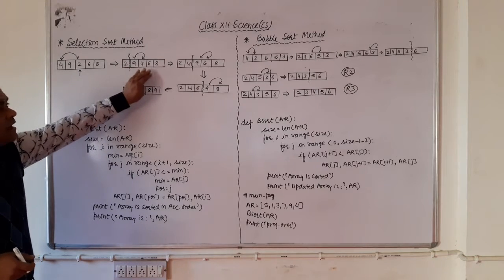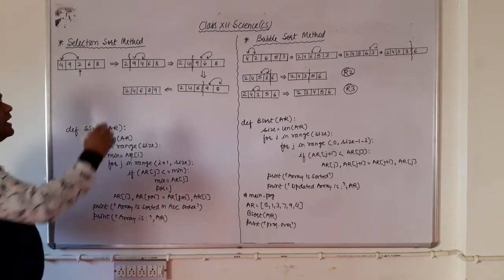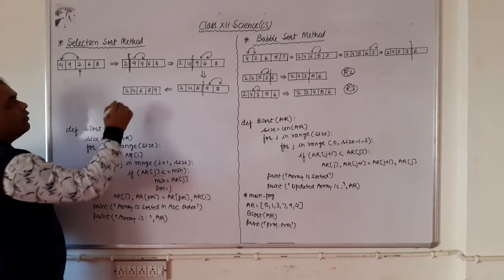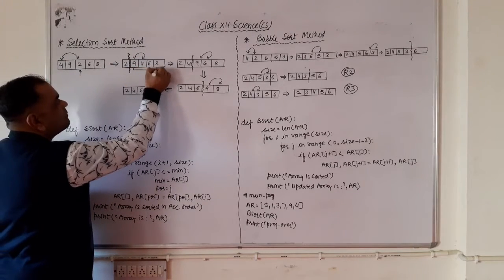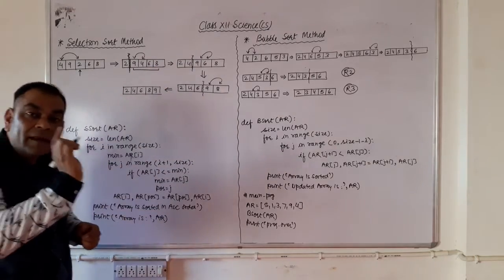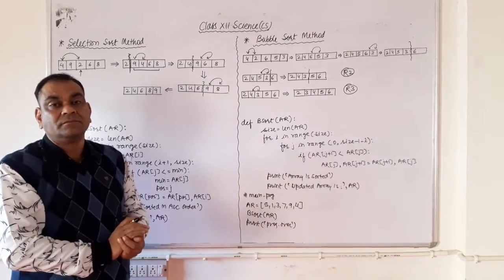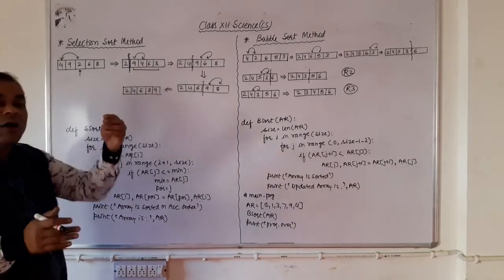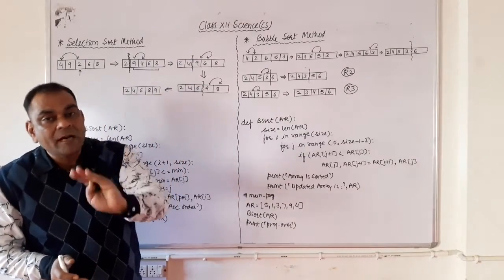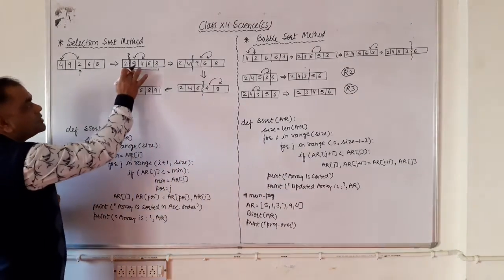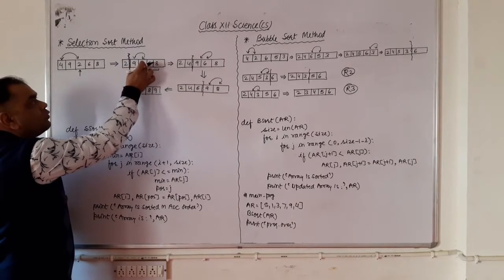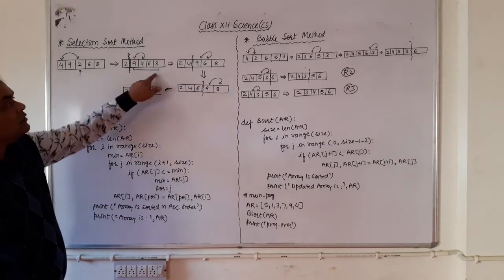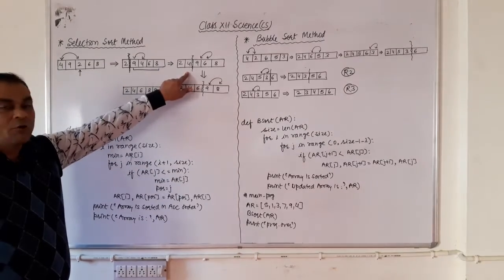Now just divide the array into two parts. The very first element is the smallest element, so divide the array there, and now in this selection sort the minimum element from the remaining array will be searched. Right? What is the minimum element of the remaining array? Here it is 4. Now 4 is swapped with the front position of the remaining array. What is the front position of this remaining array? It is this one. So 4 is swapped with 9 and 9 goes to the position of 4. Now just see, the next output is this one.